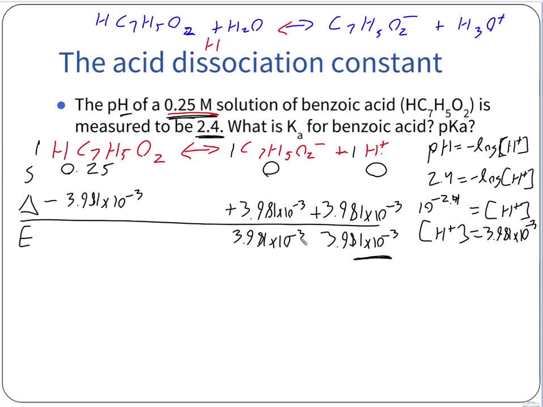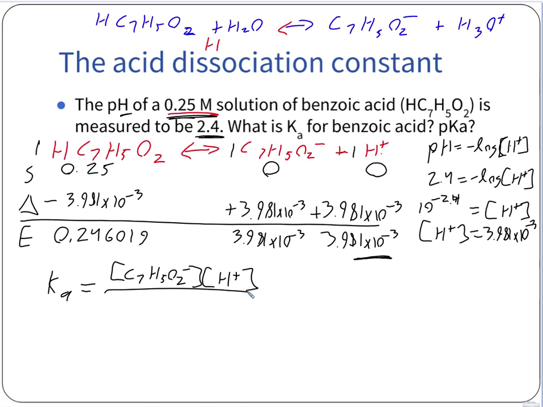So just our mass action expression here, then 0.25 minus that. Working that out ends up being 0.24619 right here. So we now have our three equilibrium concentrations. Now that we do that, we can set up our Ka expression. So it's going to be the two that are on the right, so the C7H5O2 minus concentration times the H plus equilibrium concentration divided by the equilibrium concentration of the original acid, which is